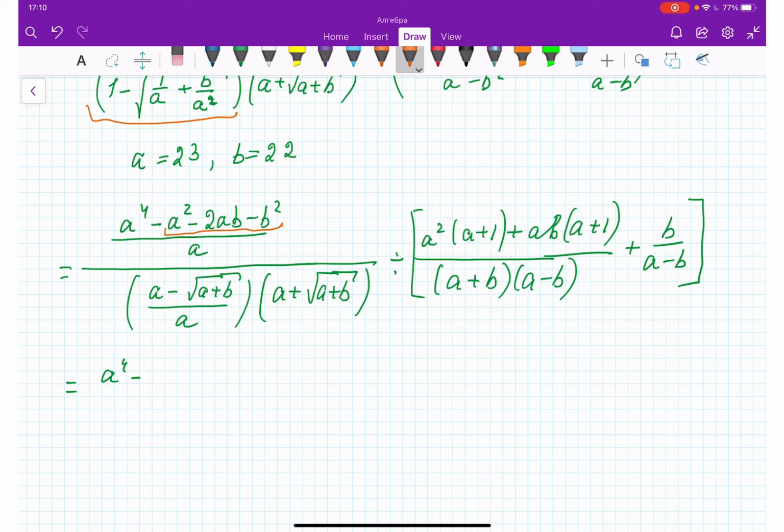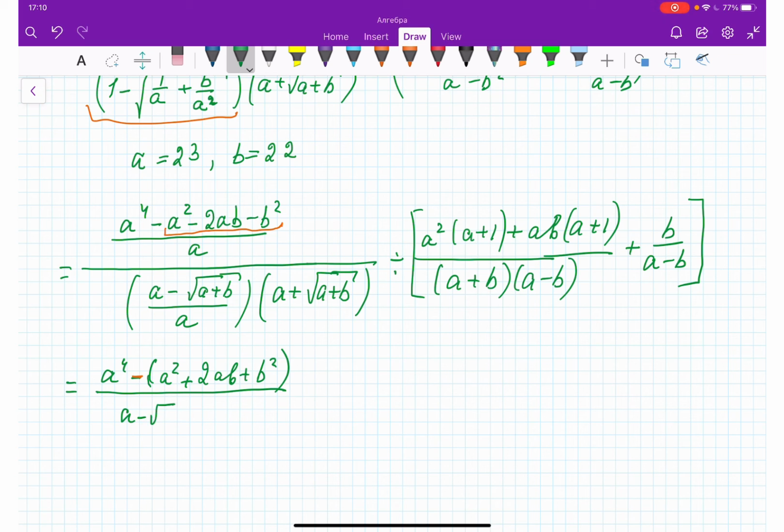This is negative, and in parentheses I'm going to have a squared plus 2ab plus b squared. Look what I did. Since I can't do grouping because I have 2ab and I don't have 2 anywhere else, I just combine this way, divided by